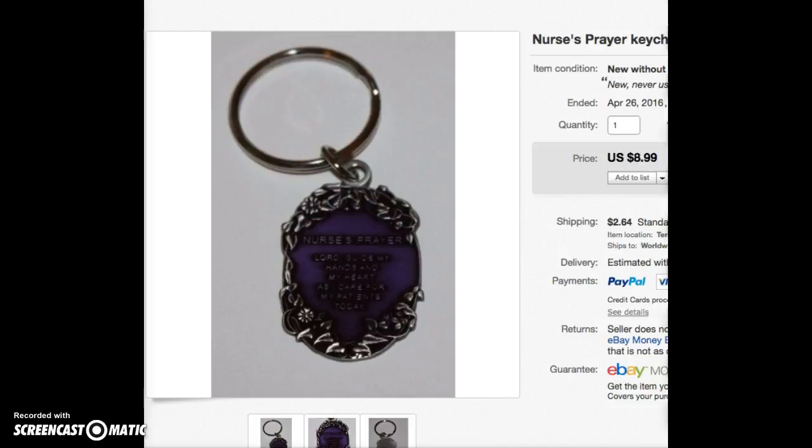I sold, I think, three or four more of these Nurse's Prayer keychains. I paid 29 cents each for them. I still have some more listed, so if this is something that you're interested in, just hop on over to